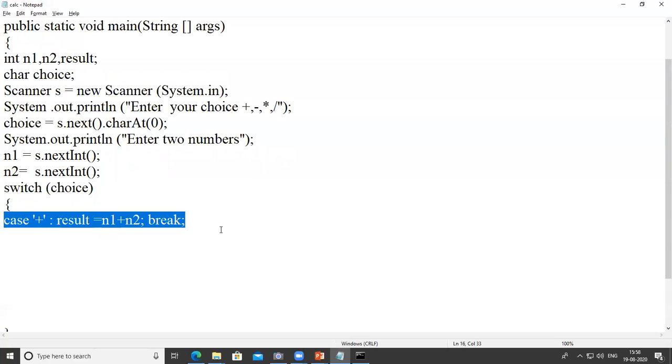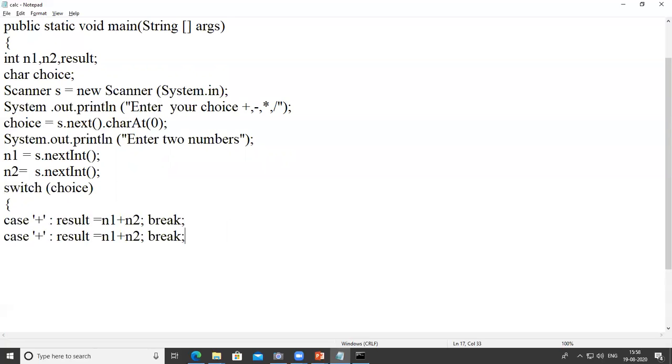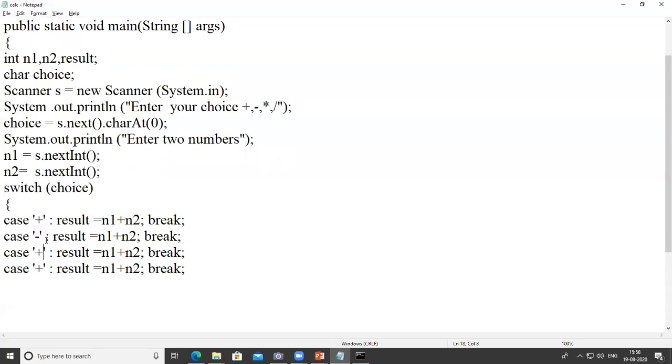Same thing I repeat for minus, multiplication, and division. Then I change it to minus, multiplication, and division. Break. Okay.